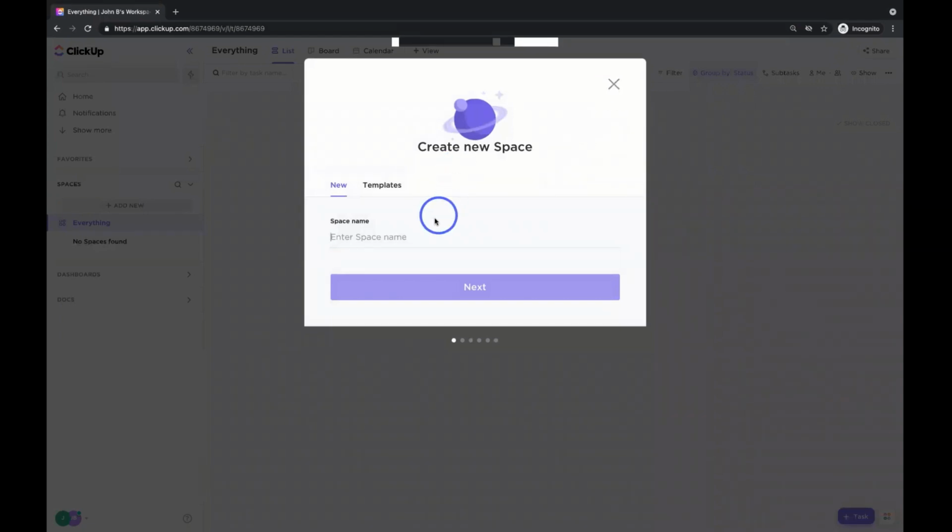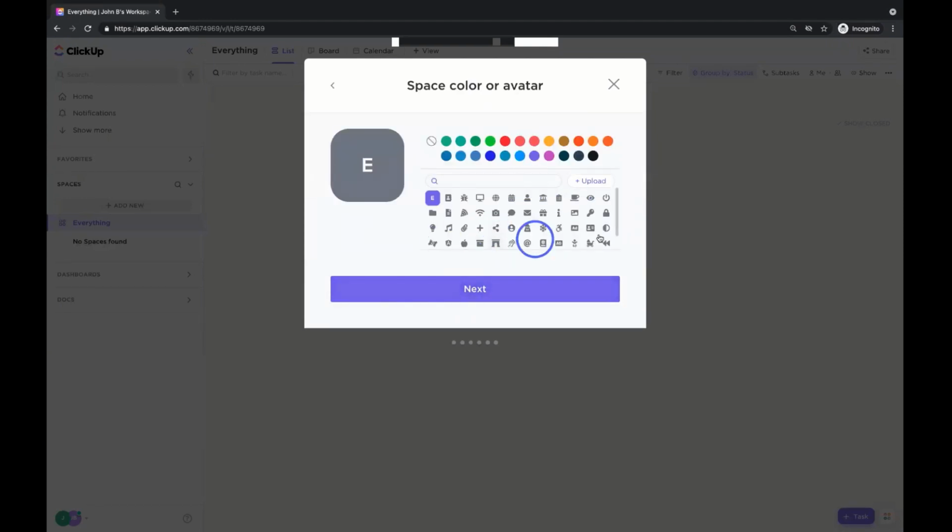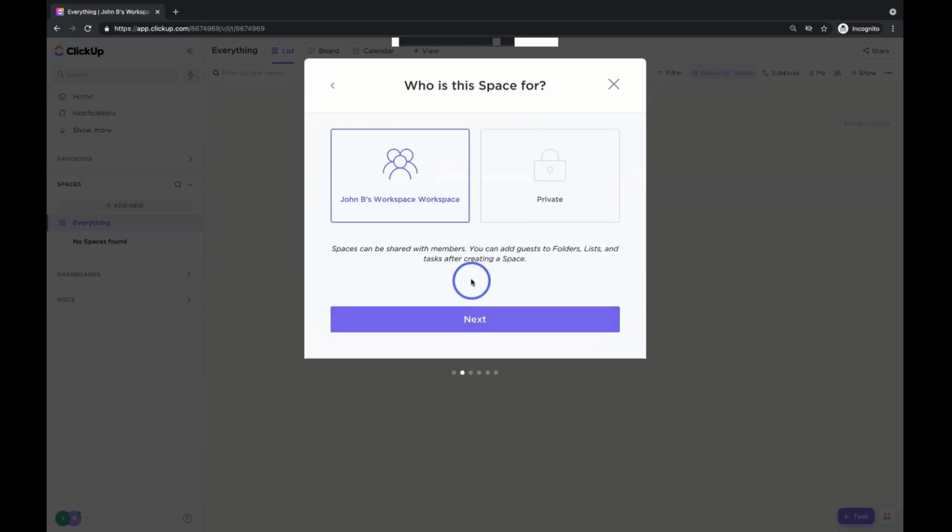When we click that add space button, this first space, we're just going to call this an example space. And then when we hit next, we have the ability to adjust and change different things about the space. I'm a big fan of pizza. I'm sure we all are. So I'm just going to have the little pizza icon with that next option.